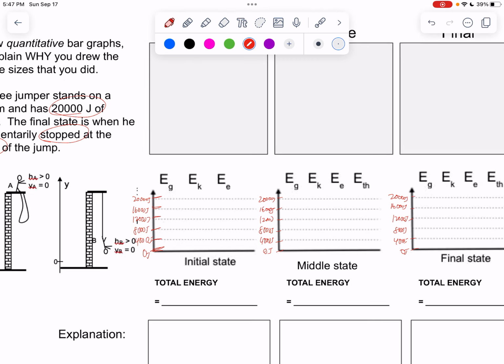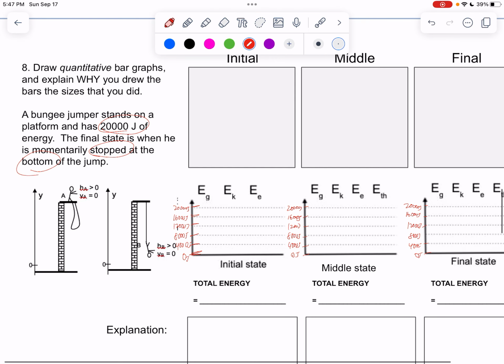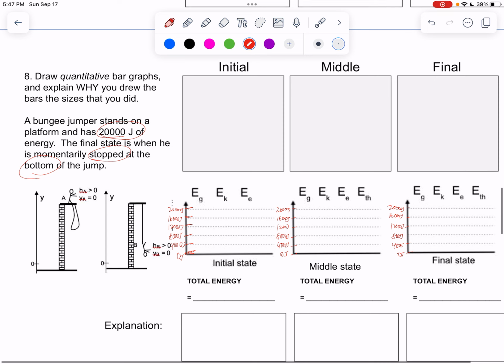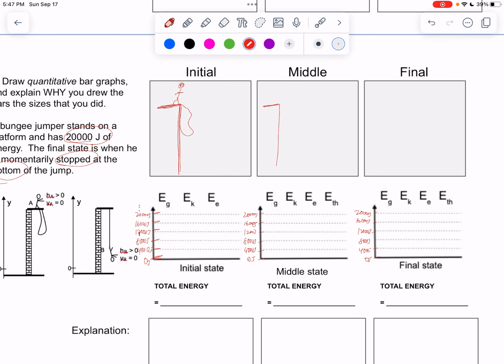Terrific. Let's see what we want to choose for the positions, because it doesn't tell us too much. So the initial, he's standing here, and it looks like he's going to bungee jump, and there's like this cord. And then I don't know about the middle. We'll wait and see what we want to do with that. And then the final, I guess we better put a platform out here. He is momentarily stopped at the bottom of the jump,